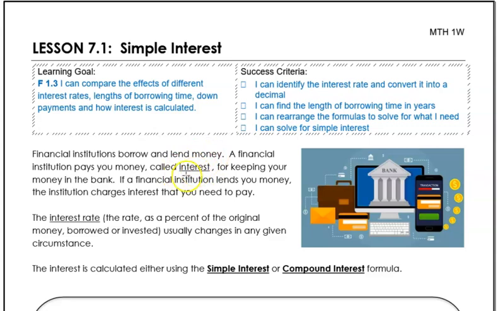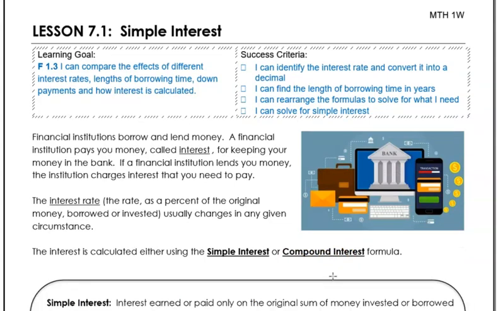Okay. Now, both of those are calculated using an interest rate. So, an interest rate is a percentage of the original amount of money that you either borrowed from them or you invested to them. Okay. If we talk about how interest is actually calculated, there's two different ways. One's called simple, and as the name indicates, it's actually quite simple. Compound is actually a little bit more complicated, and if you're from my class, I'm going to talk about it in the lesson tomorrow. So I'll teach you tomorrow in class.